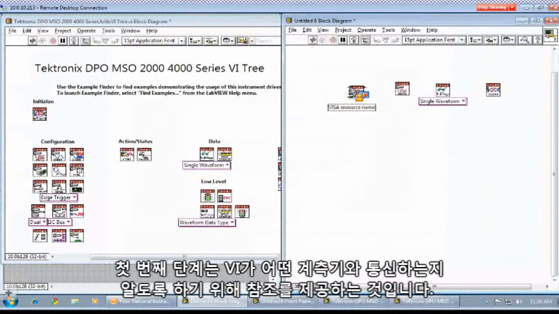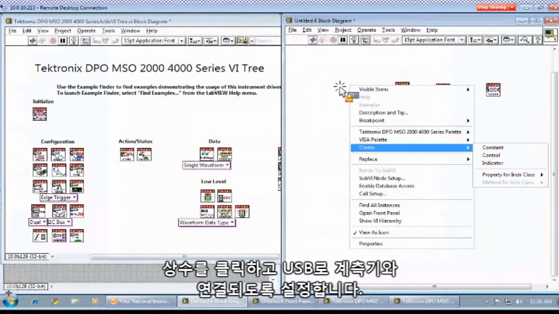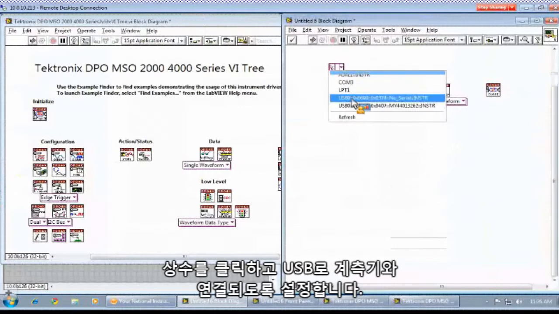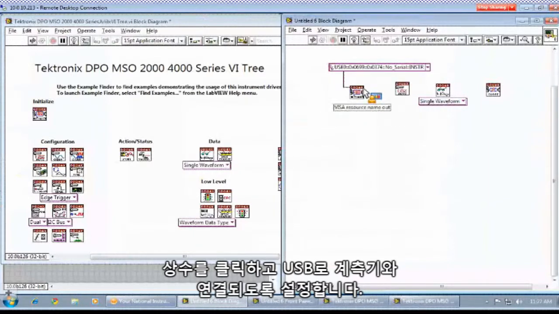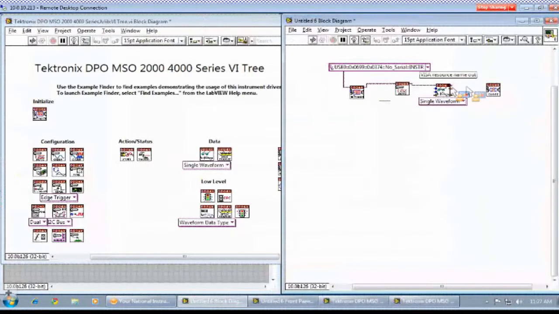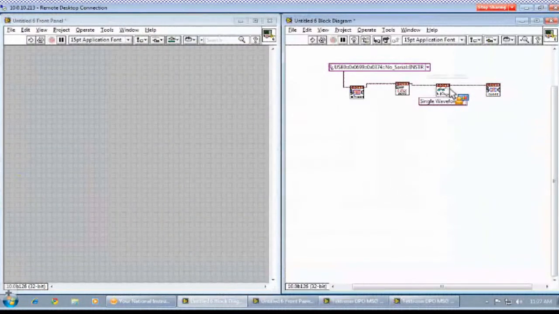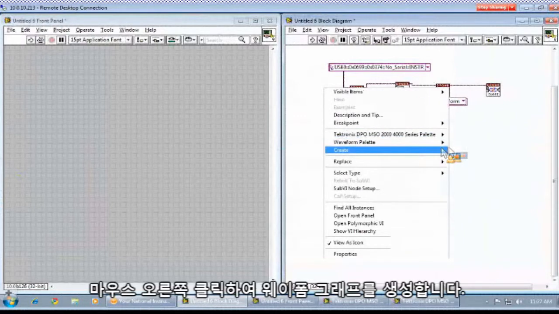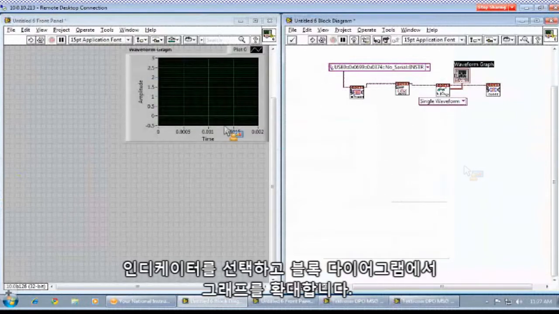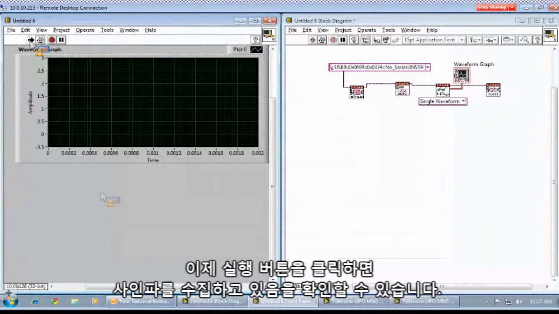The first step is to give a reference so that the VI knows which instrument it is trying to talk to. So I drop down a constant and let it know that it is connecting over USB to this instrument. Connect up all the different references. And then I'm going to create a graph. Right click on the output and create a waveform graph, so create an indicator. Come to the block diagram, make it big, and now if I hit the run button,